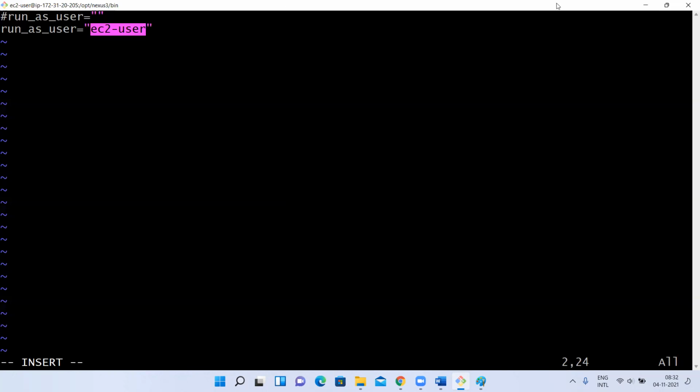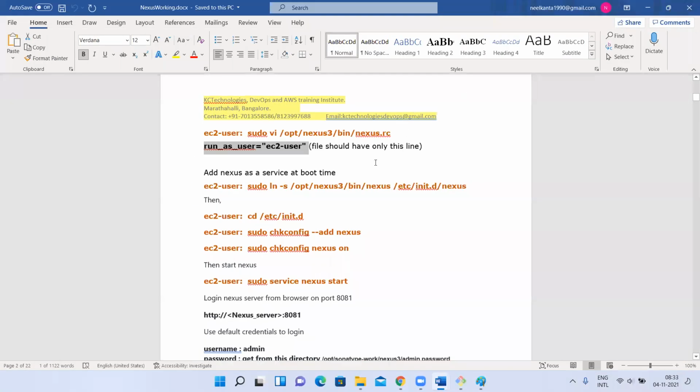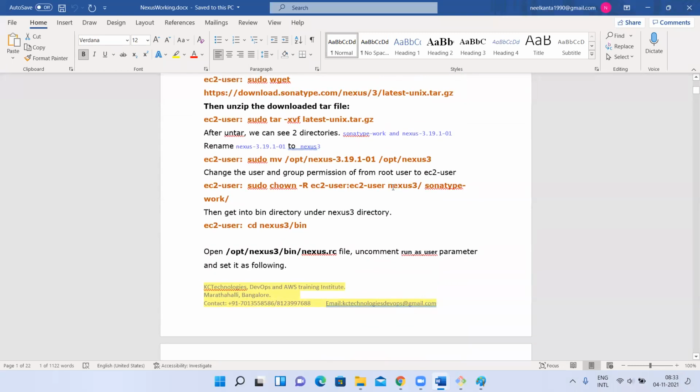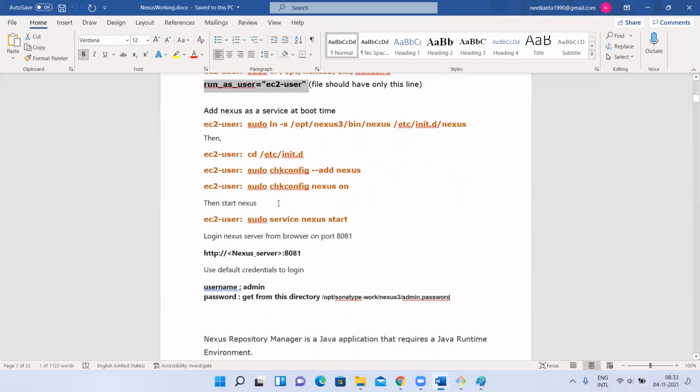Only this user can run my Nexus. When you try to start or stop Nexus, that command will try to access these folders. At that time, if EC2-user doesn't have permissions, it will throw an error. That is the reason we made EC2-user the owner here.